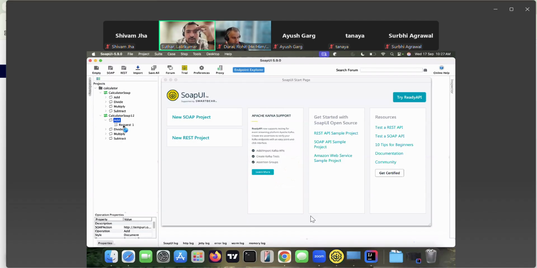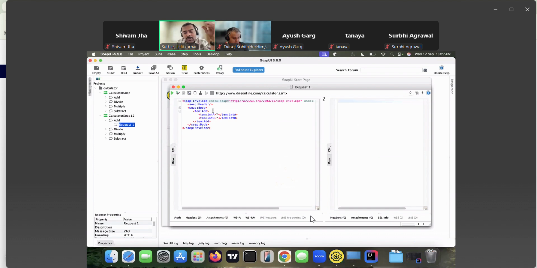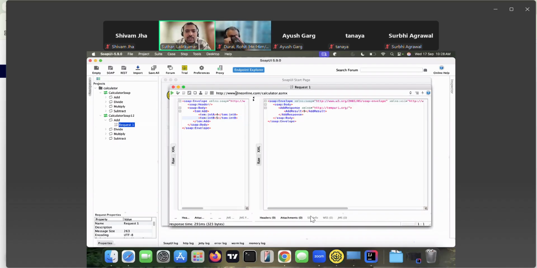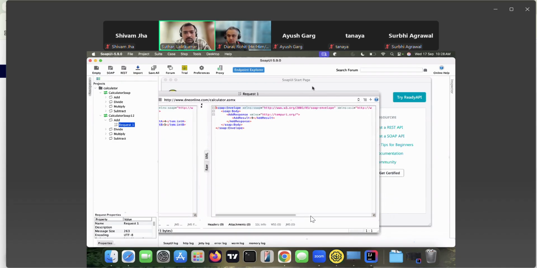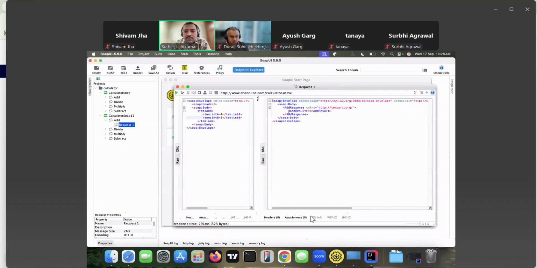So if I open the request, now this is how a request will look like. Now guys, we are doing an API here, but it is SOAP, XML based SOAP. Now here integer A and B. So let's give A as 4 and B as 5 and let's fire it. Now if you see in the right hand side, I'm sorry, where did it go? Yeah. So it gave you a result. That result is 9,